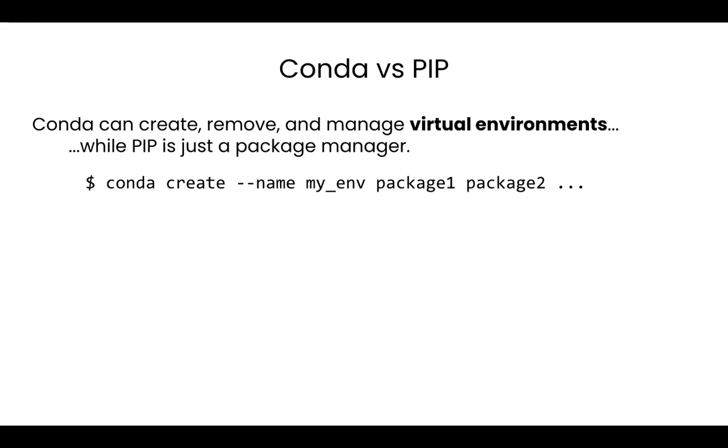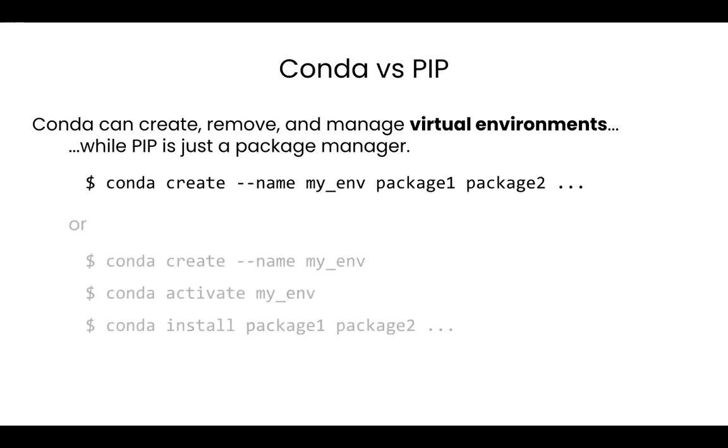This command here is a way of creating a new environment, in this case my_env, and installing package 1, package 2, and so forth into that environment. It's sort of like running these three commands in sequence. You use Conda to create an environment, then you'd activate that environment, and you'd use conda install to install packages